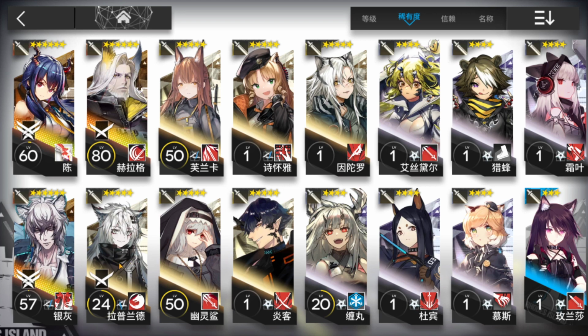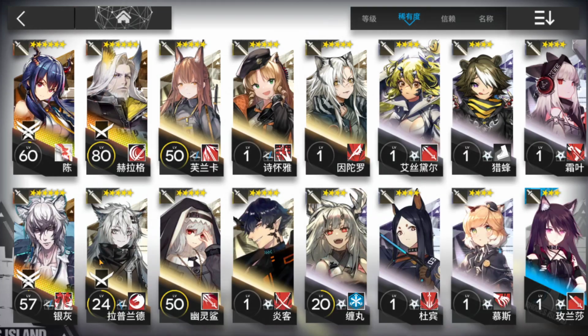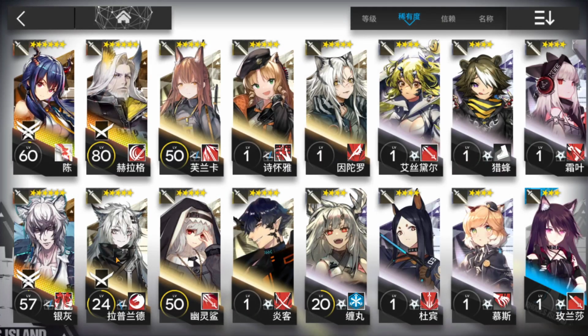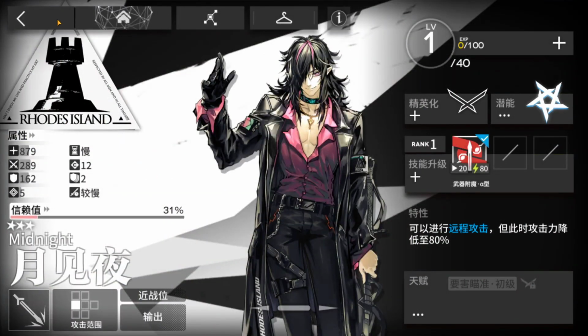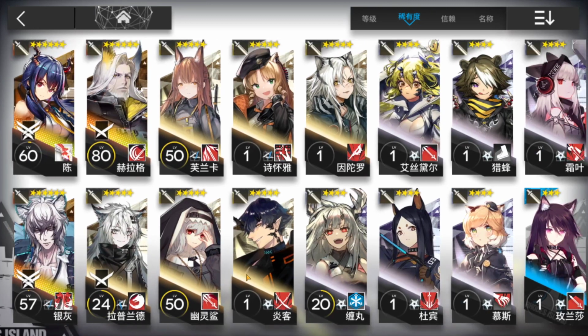Second, you want to have at least one of these that can do ranged attack warriors. So for example, Silver Ash is really nice. If you don't, Laplan is really good as well because she can deal magical damage with her skills. And if you don't have any of those, you can always use Midnight, but I would suggest having at least one of them. A normal single target warrior,